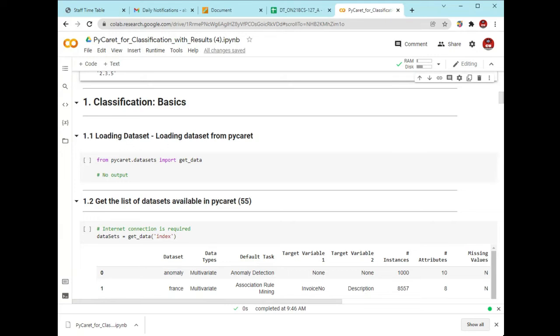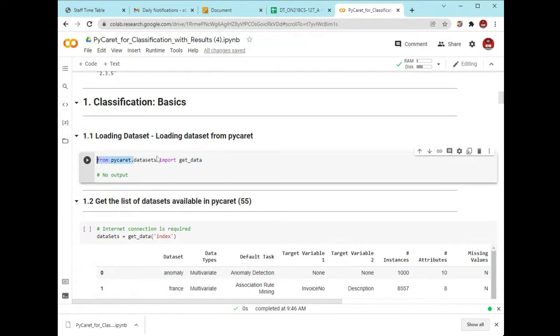So for that, first what we are doing right here, we are loading PyCaret for accessing the data sets. For PyCaret, we use the dot operator, and from this dot operator we call the datasets. We call the dataset, and from this dataset we will use the method get_data, and from this get_data method we can call all the data sets which are present inside the PyCaret library.